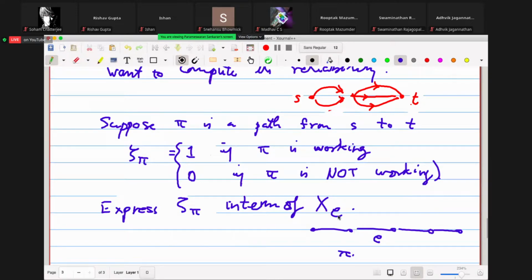If any one of the x_e is 0, then pi is not working. So x_e must be 0, which means it must be 1 minus x_e. This is the random variable which picks that up. Now you take the product of all these things and ask yourself, when is this